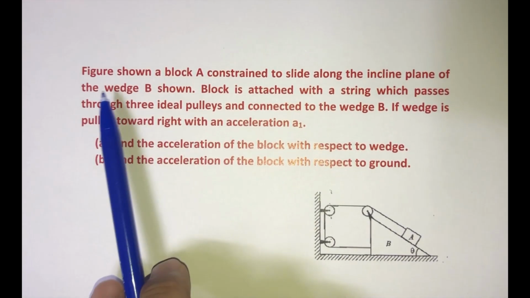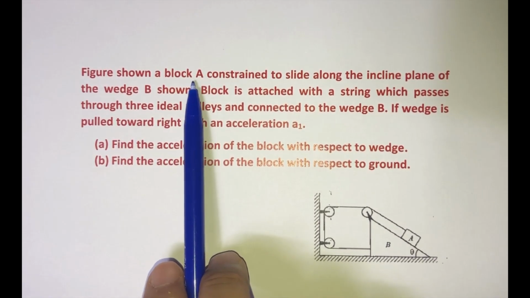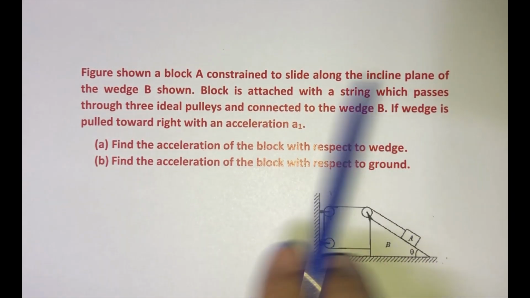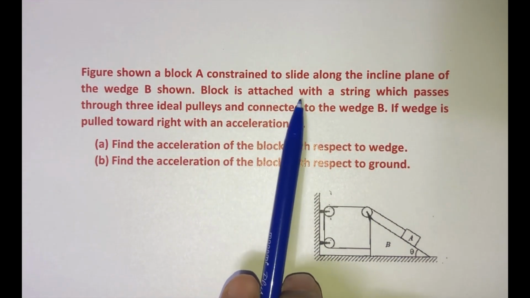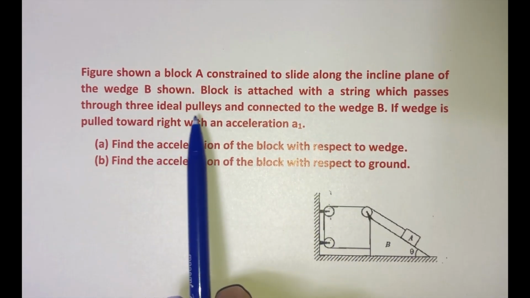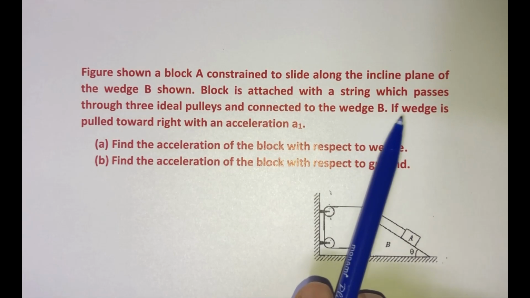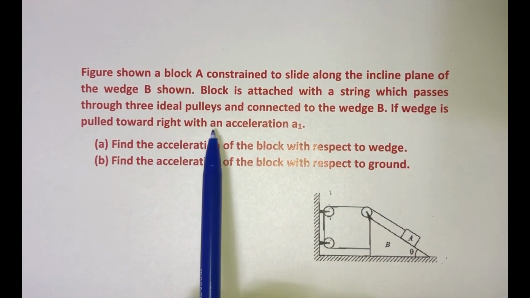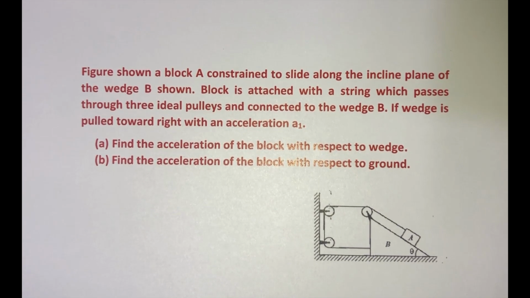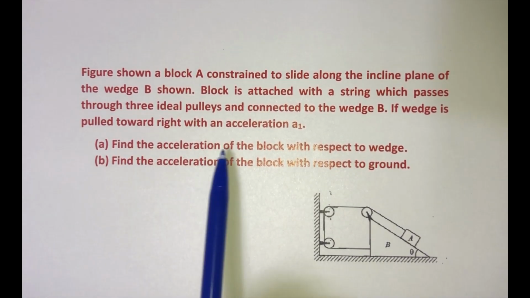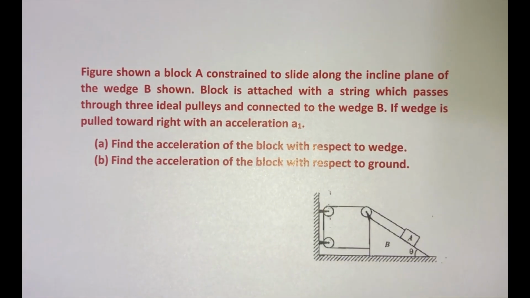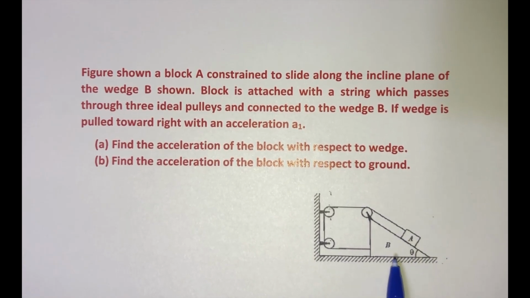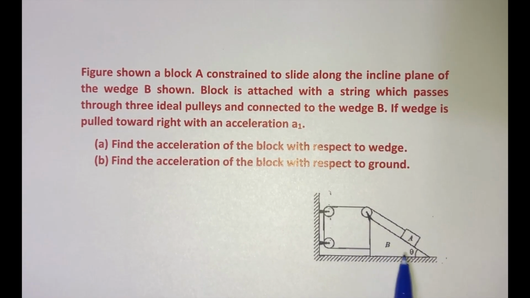Friends, in today's question, the block A shown in the figure is constrained to slide along the inclined plane of wedge B. Block A is attached with a string which passes through 3 ideal pulleys connected to wedge B. If the wedge is pulled towards the right with acceleration A1, we are going to find two things: the acceleration of the block with respect to the wedge, and the acceleration of the block with respect to the ground. So it states that wedge B moves towards the right